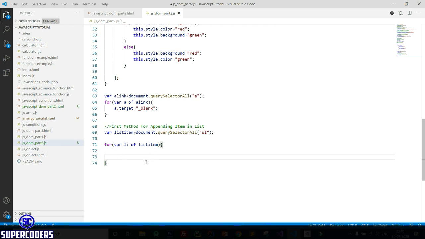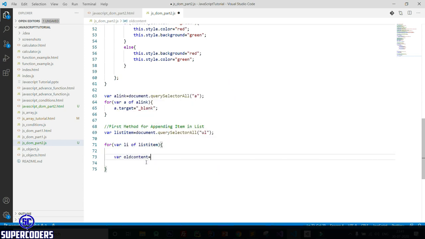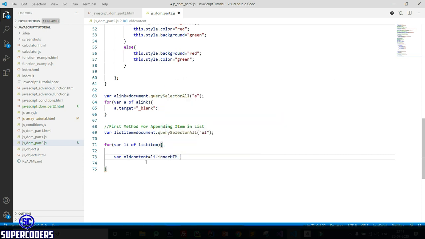First extract the content. How can you extract the content? Let's see: let old content equal to li dot innerHTML.